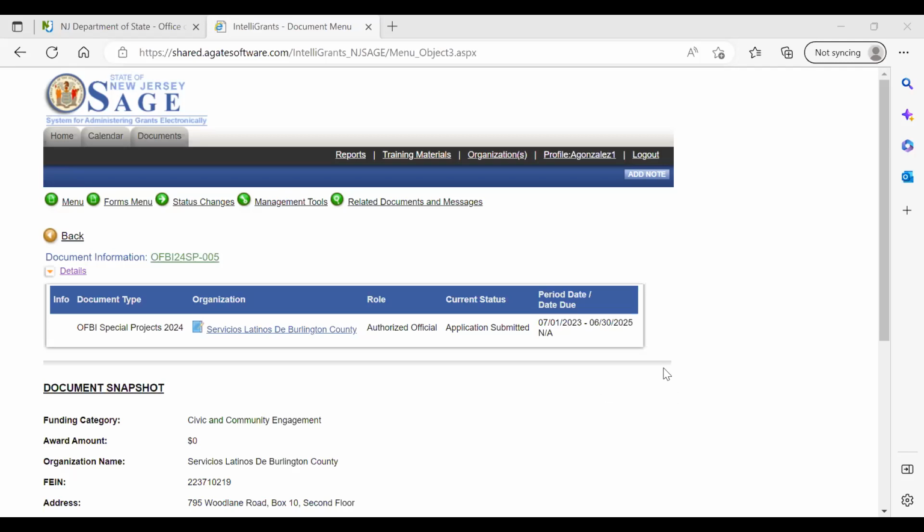Anonymous, can you apply for more than one category? For example, civic community engagement and food insecurity? No. Under special project, you can only apply for one category, and you can apply for social innovation, but only one category. But if you don't have the capacity and the organization is newly formed, then how are you going to prove that you have the historical experience to implement the project? I'm assuming that this is the same Anonymous. If it's not, then you can call me and we'll set up a meeting and we'll talk.